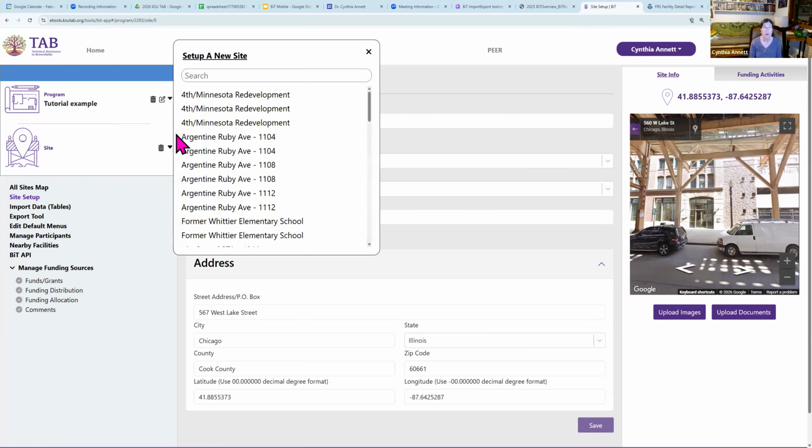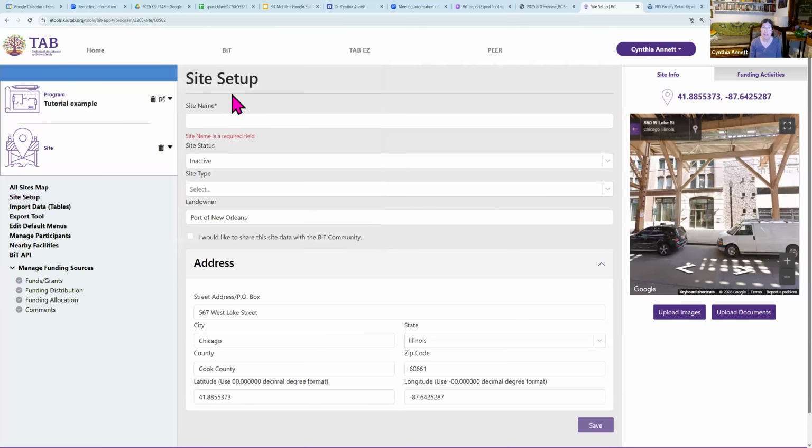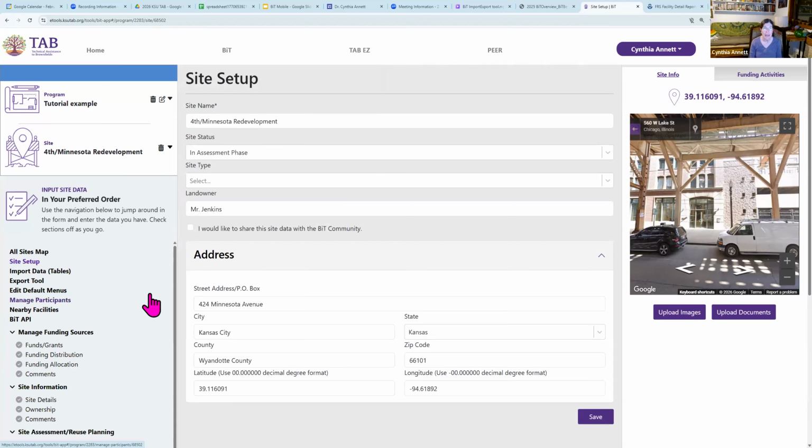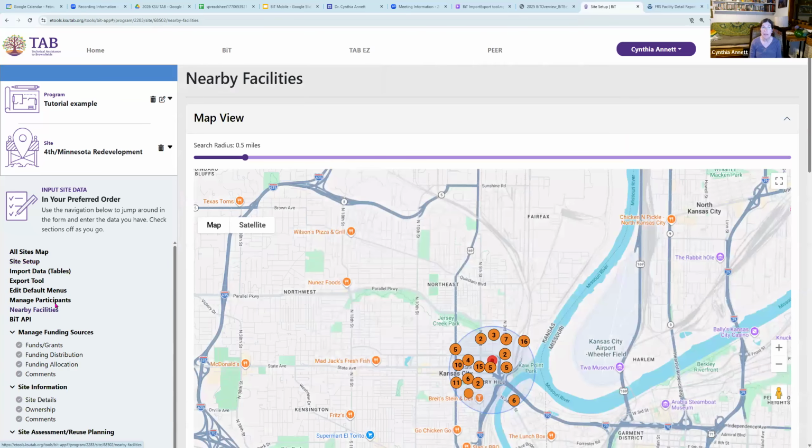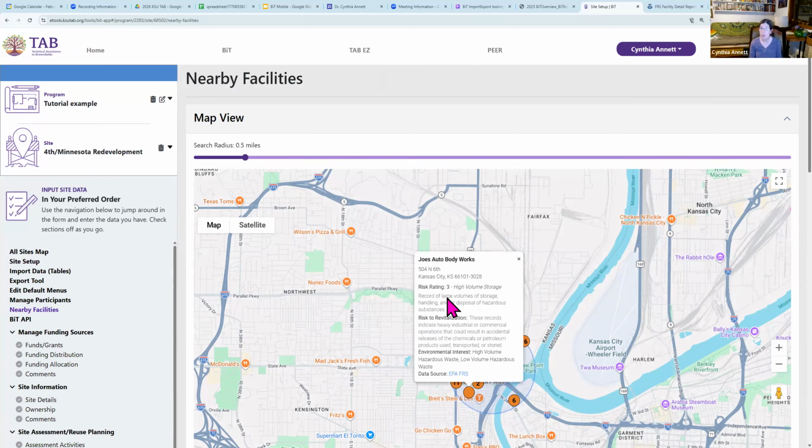Now I'm going to grab one of my sites that's all filled in, and we can look at the nearby facilities map, a second type of map that we have. When it opens up, it opens on a half-mile radius, but you can make it a larger or smaller radius. Within that, we click on one of these, we get the risk ratings from the peer tool that gives us just a